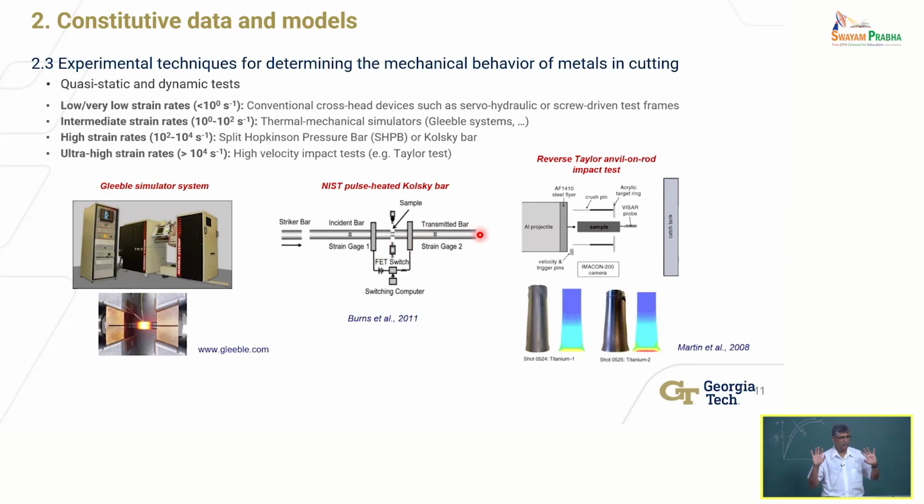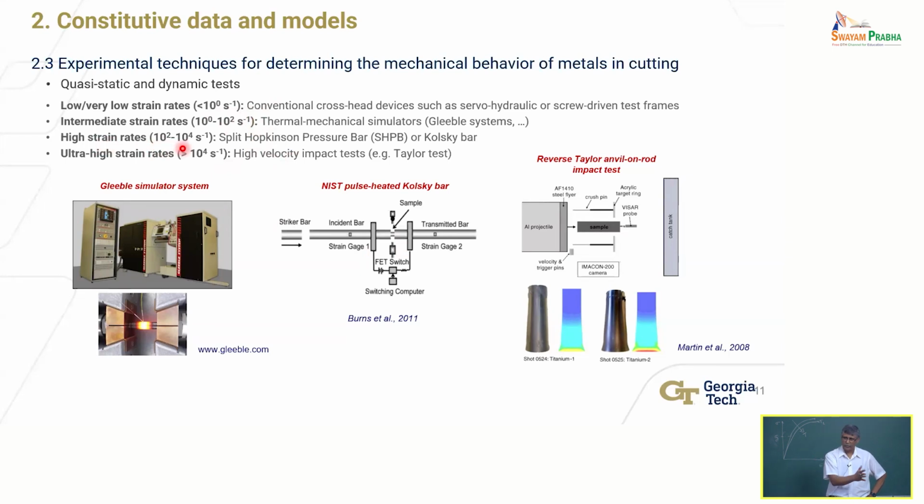So very simply put, this is the kind of experiment that you can do. This is a specialized dynamic compression test. If you're used to seeing a simple compression experiment, think of the same thing, but being done at very, very high speeds, okay? That will go up to about 10 raised to 3 per second type of strain rates, compared to 10 raised to minus 3 per second. You can see here very low strain rates. Well, they're less than 10 raised to 0. 10 raised to minus 1 would be a typical compression test, or 10 raised to 0 per second. But these will go from 10 raised to 2 to 10 raised to 4 per second, okay?